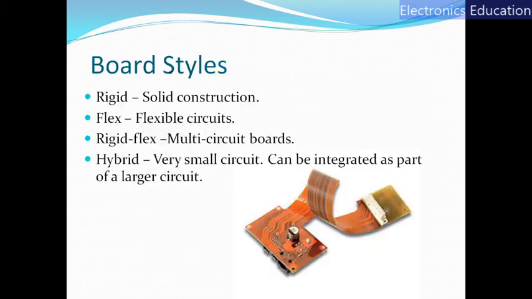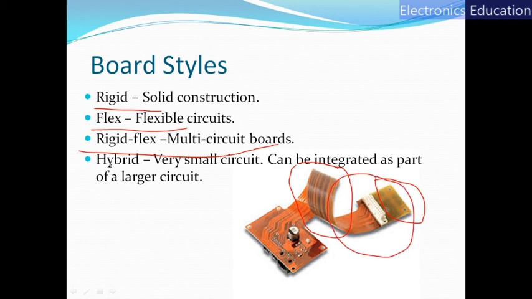Now the types of boards used for the PCB: we have a rigid board. This part indicates a rigid board PCB. Then the flex board. This is a polymer used for creating the substrate of PCB, which is flexible in nature, so it is called a flex circuit or flexible circuit PCB. Similarly, we have rigid flex structure, where rigid and flexible are combined together, which is also called a hybrid structure. Depending on the application, we will choose the particular board for designing and manufacturing a PCB.